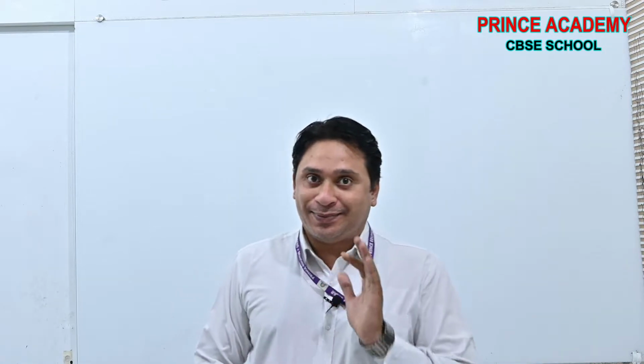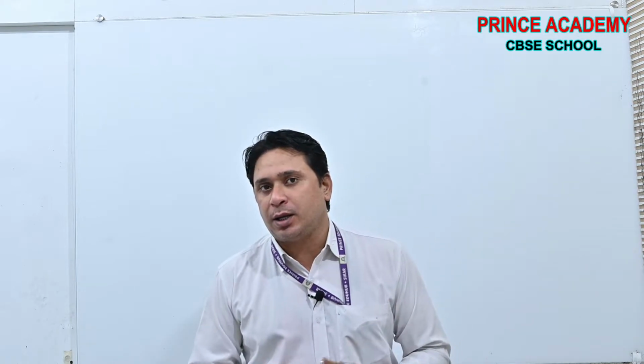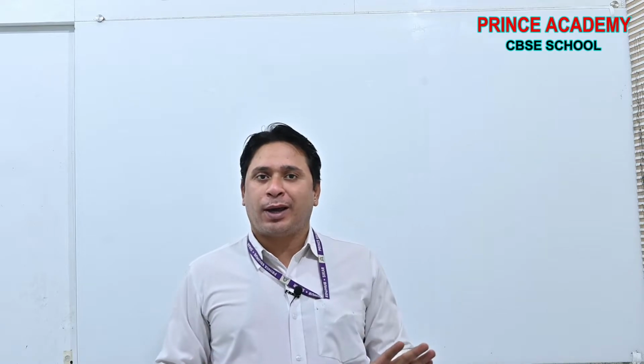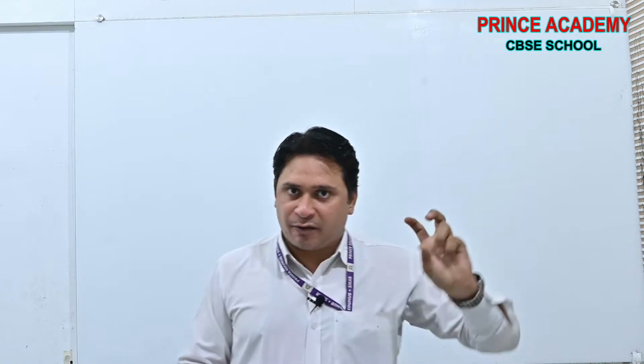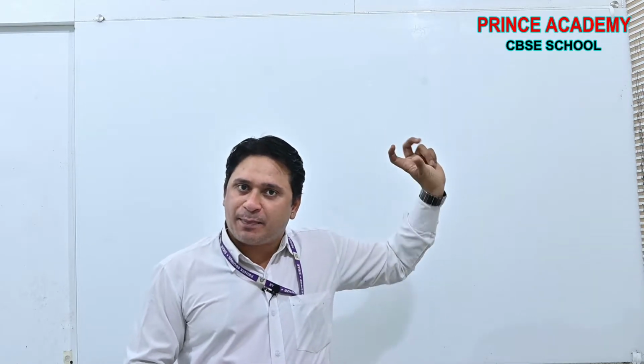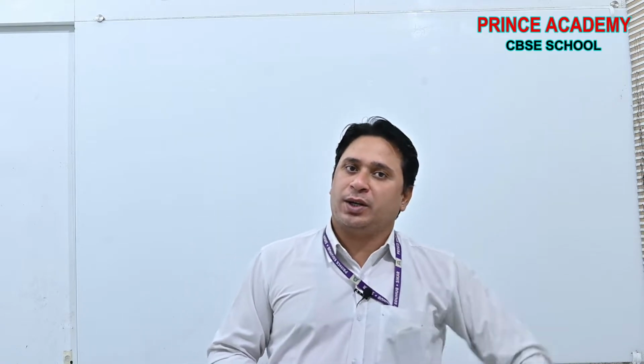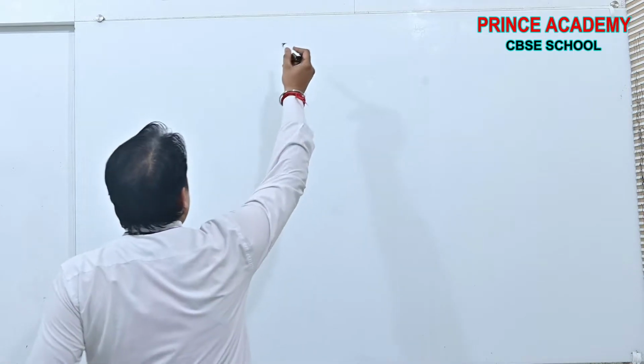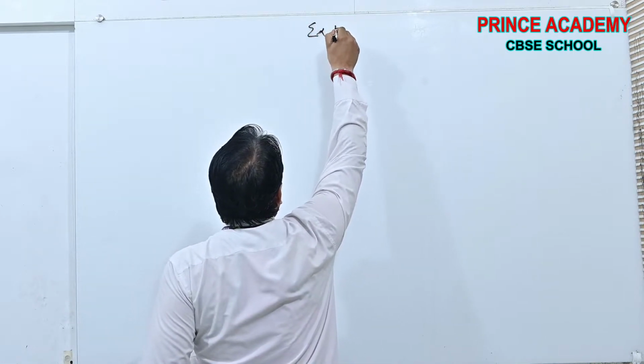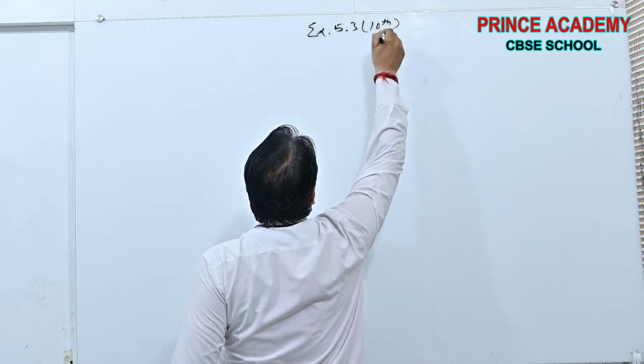Now see, in this lecture we are going to deal with exercise 5.3, the formula we have derived in the last lecture. The formula derivation was okay. First question we have done, second question we have done. Now without any delay we will rewind all the formulas and the application a little bit, and then we will move towards question number 3. Okay beta, this is exercise 5.3 for class 10th NCERT textbook.